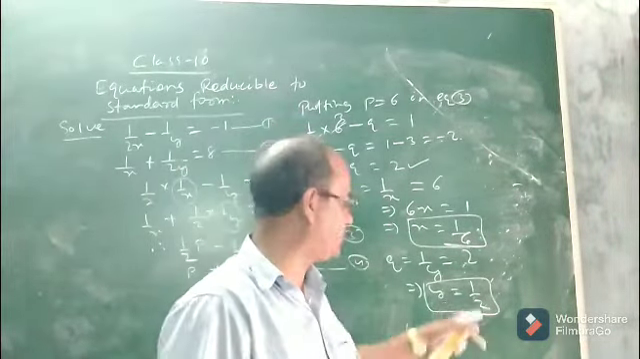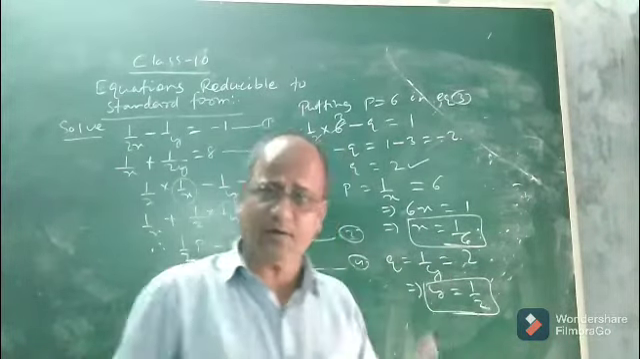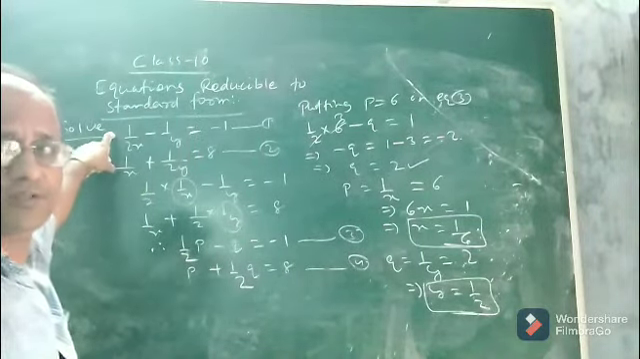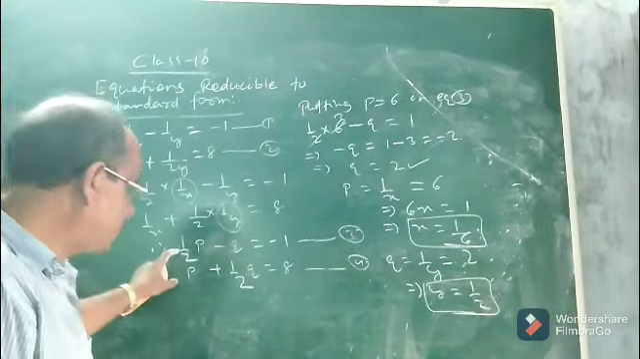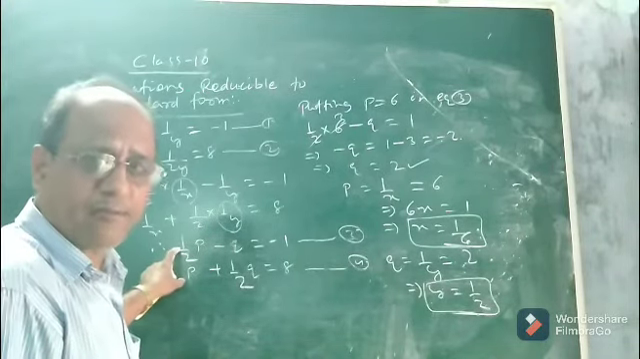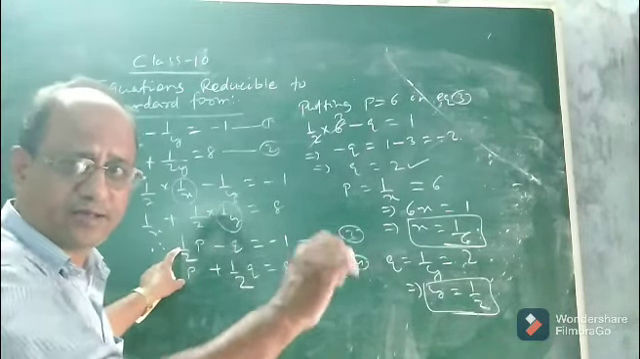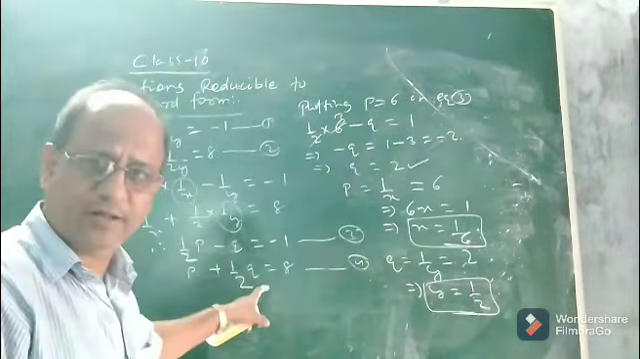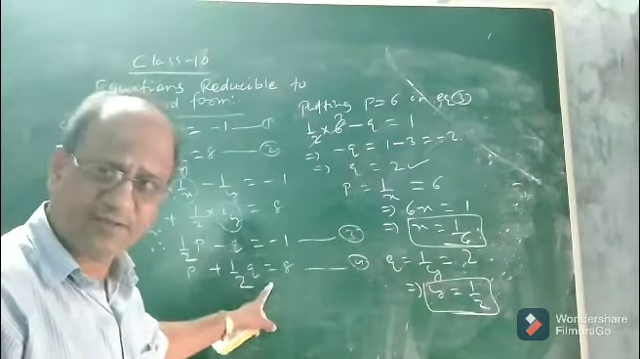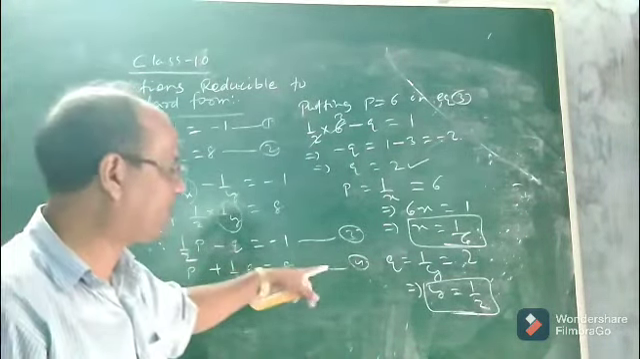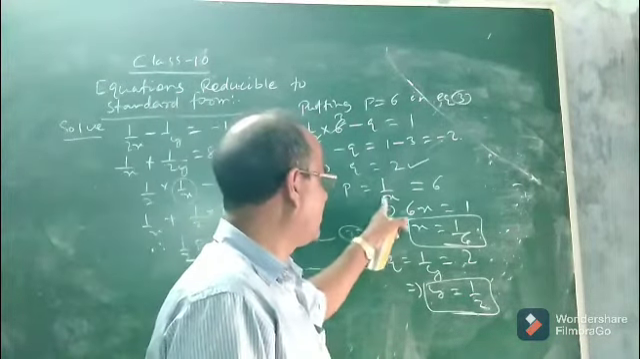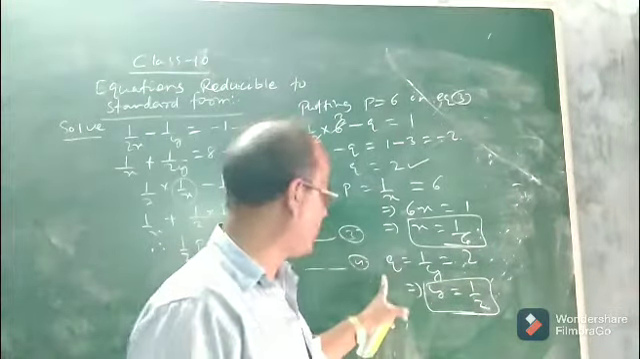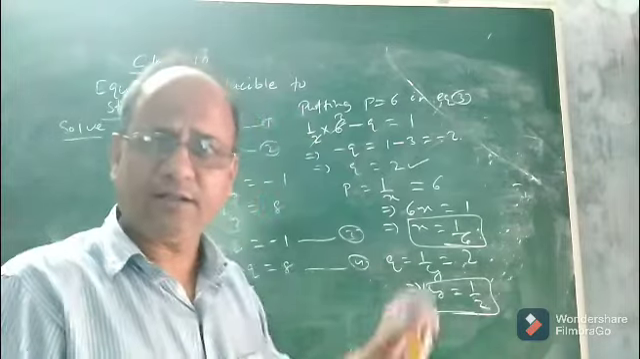That means this is a unique solution. 1 by 6 and 1 by 2 is the unique solution of this system of linear equations, which are not in standard form. So first you reduce it into standard form, by assigning 1 by x equal to p, 1 by y equal to q. Then you frame two linear equations in two variables. Solve these, get the values of p and q. In place of p you put 1 by x, and in place of q you put 1 by y, from which you will be able to get the values of x